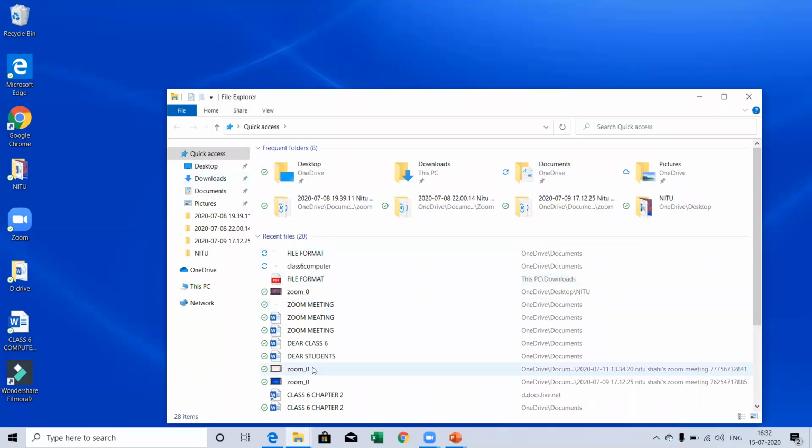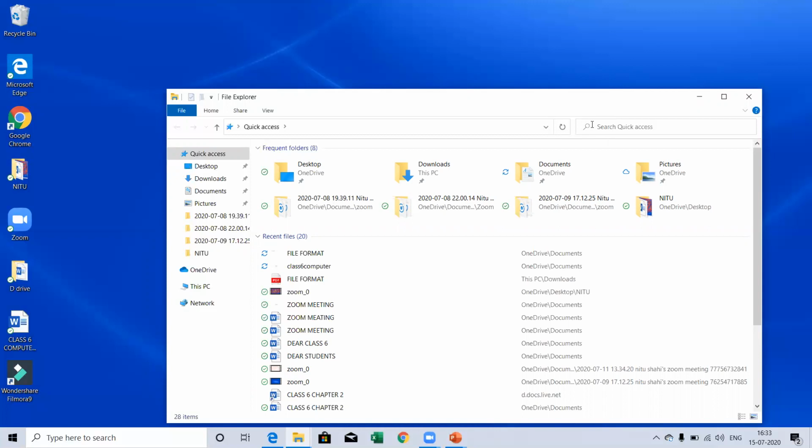You can select your file, or as a second method, in the search box you can type the name of your file and that particular file will appear in front of you. Next, how can you use the wildcards? There are two types of wildcards to search for a file: star and the question mark.